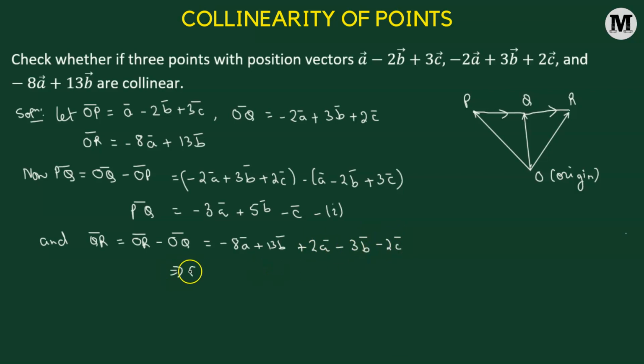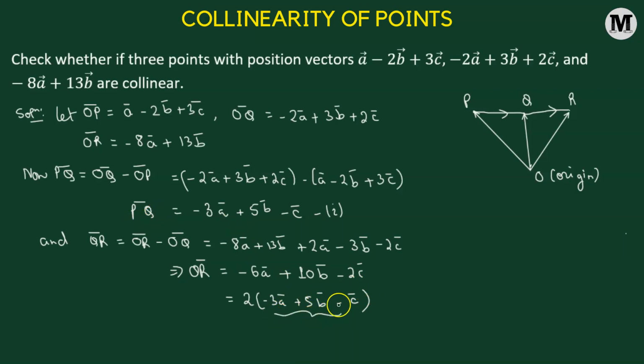So that means the QR vector is now going to be negative 8A vector plus 2A vector, so that's negative 6A vector. Positive 13B vector minus 3B vector is going to be positive 10B vector. And then we have only negative 2C vector. However, we can take 2 as the common factor. So we have 2 times negative 3A vector plus 5B vector minus C vector, which is actually the vector PQ,